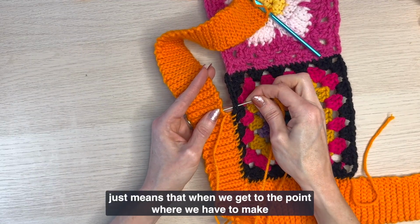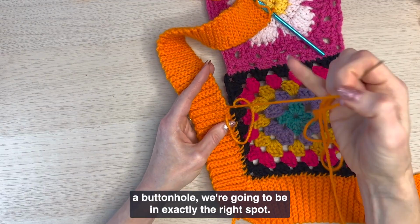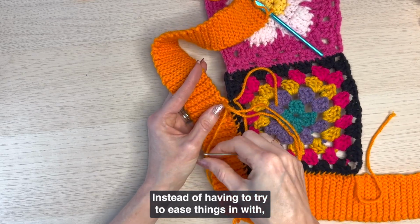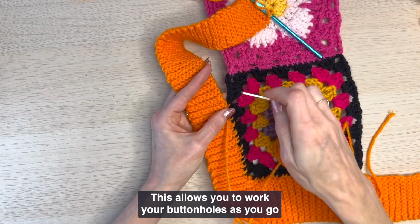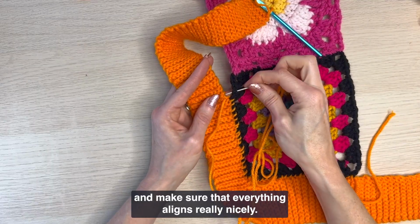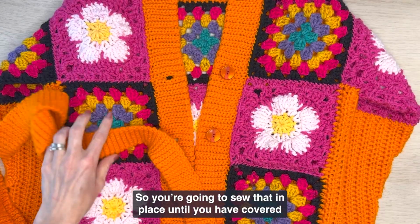And working this way just means that when we get to the point where we have to make a buttonhole, we're going to be in exactly the right spot instead of having to try to ease things in with a measurement. This allows you to work your buttonholes as you go and make sure that everything aligns really nicely. So you're going to sew that in place